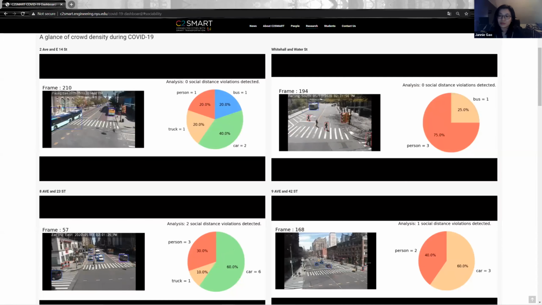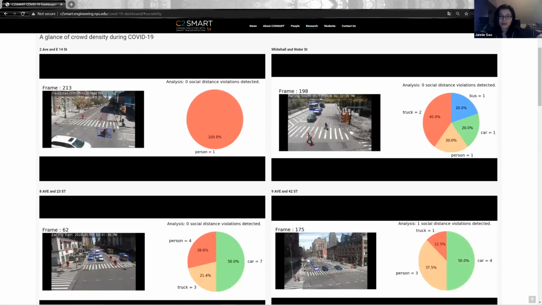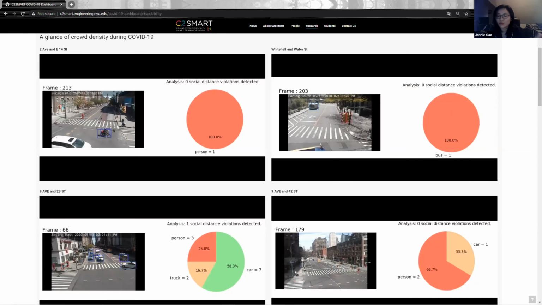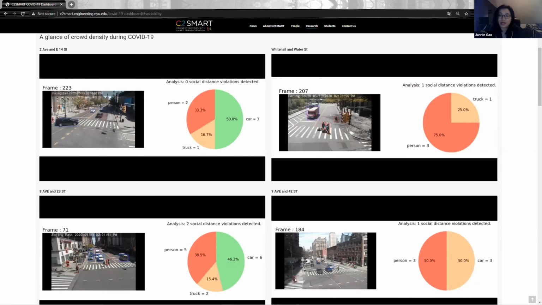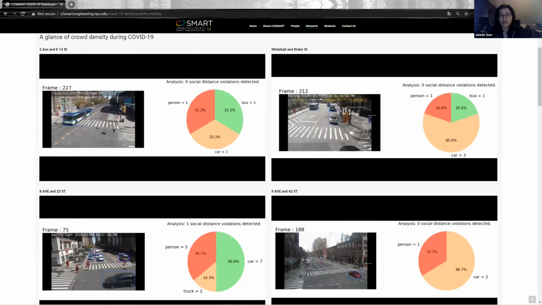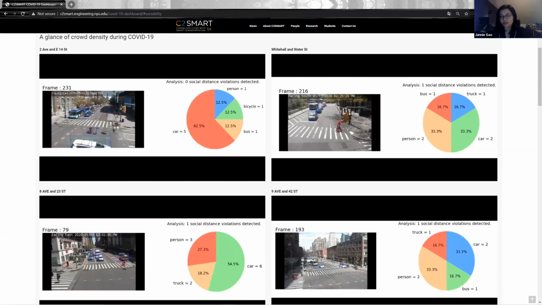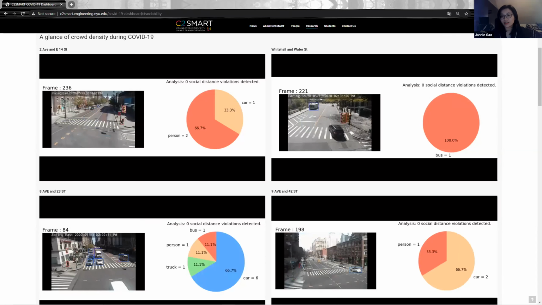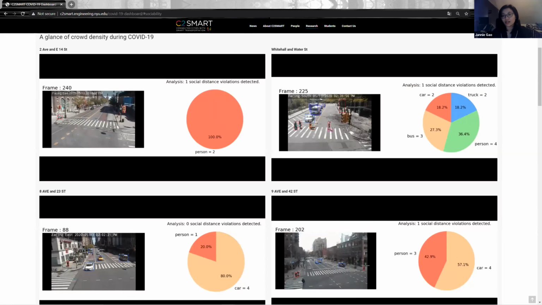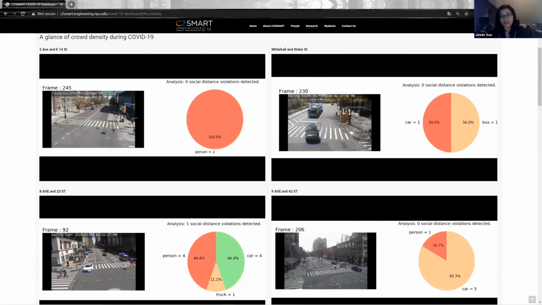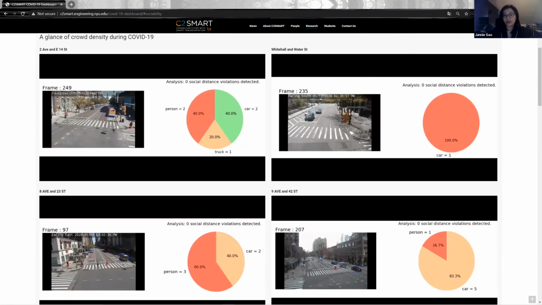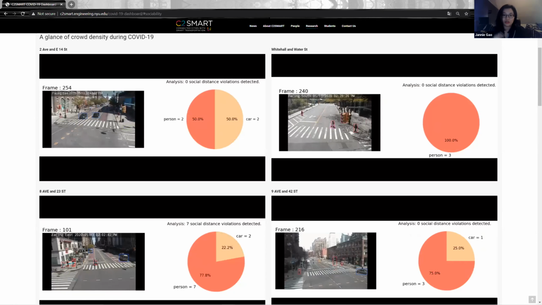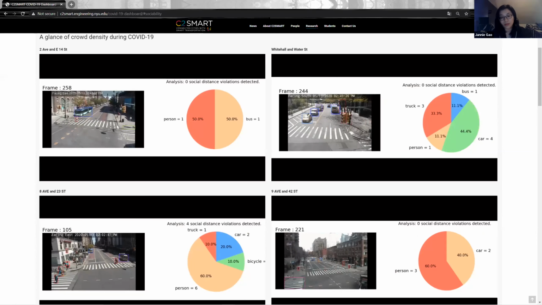So we'll be able to do pedestrian counts instead of just the density per frame. And that's one of the difficulties that we found: it really depends on the input. It's not just because of DOT's cameras, it's also because of the bandwidth they transmit this information at, how well the NYSWing Wi-Fi network works at that time, and also the transmission between NYSWing, TMC, and the public web page.